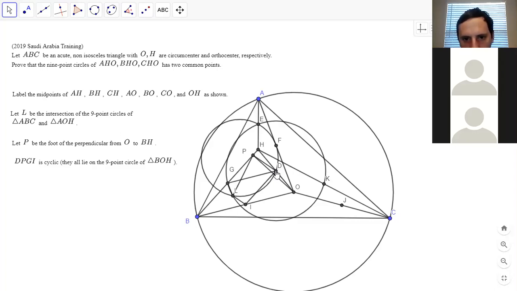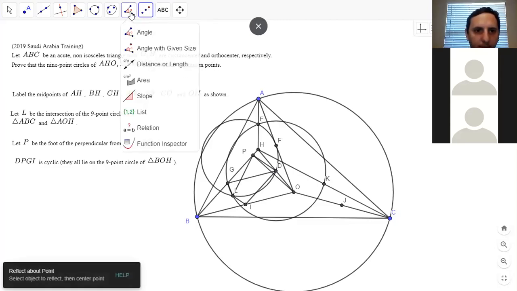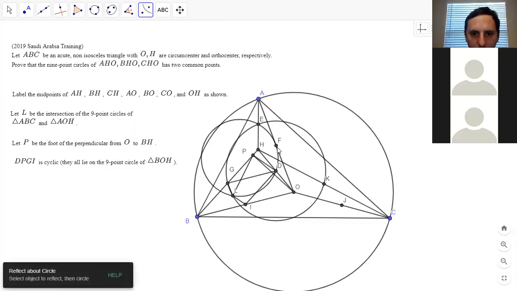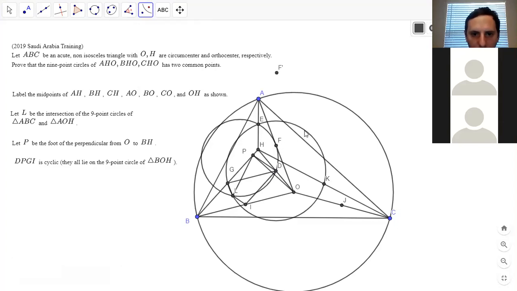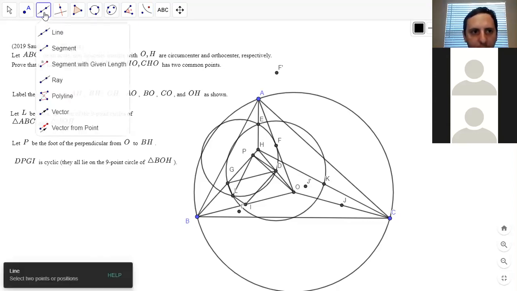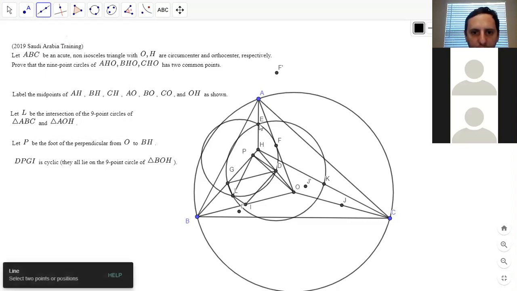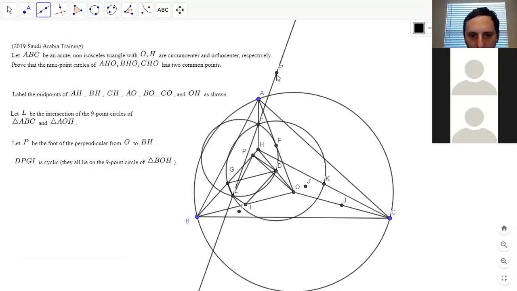Let's see, where would F go? Let me try to reflect about the circle. Oops, sorry, that's the wrong point. I want to reflect J and I. Okay, so we want to show that EF prime, basically, yeah, I think that's a really good idea. Yeah, we want to show that EF prime